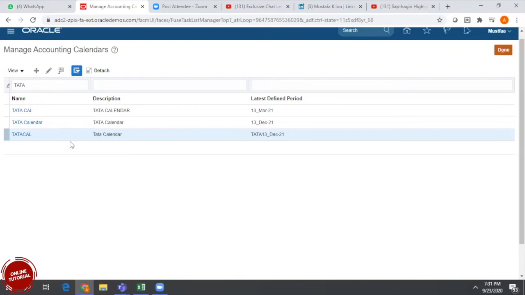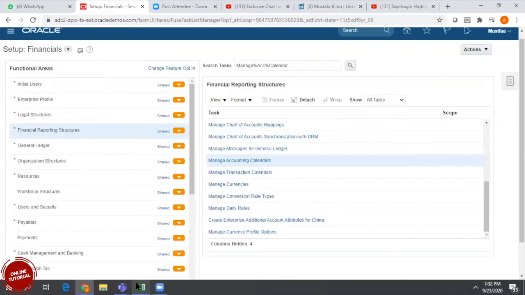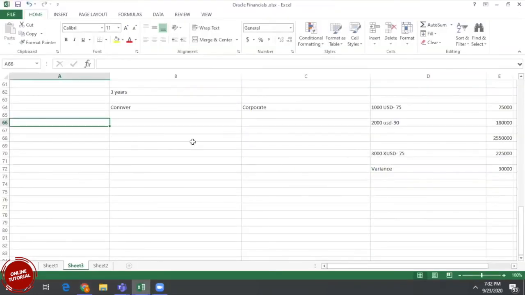Here, 2 points: when we need to start defining the periods, and till which year we need to define the periods. Point 1 is based on the business requirement, how we want to migrate the data. If it is from 2010, yes, we need to define the periods from 2010, and with respect to future years, at least 1 or 2 years of periods we need to define for future purposes. That point also needs to be noted. Once we define the calendar, we need to define the chart of accounts.